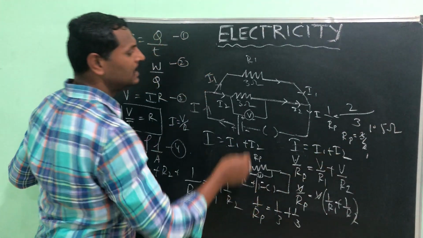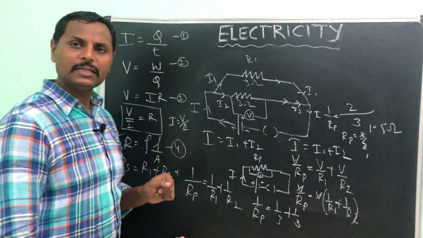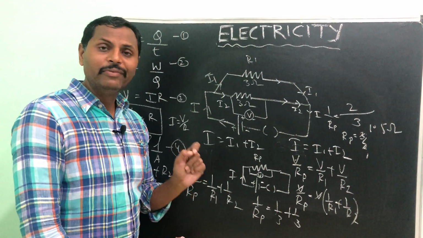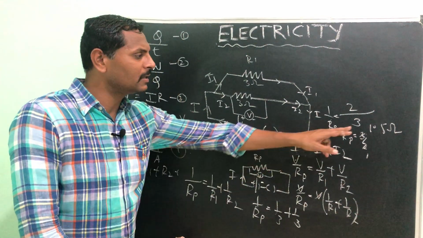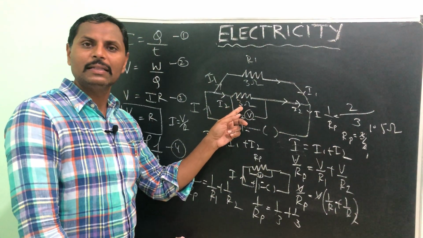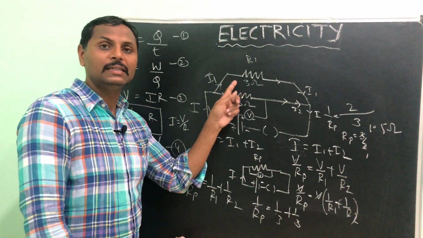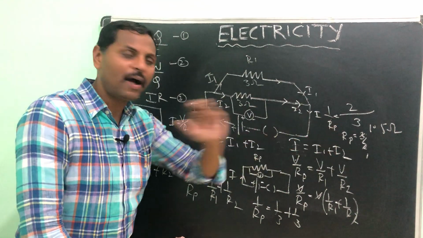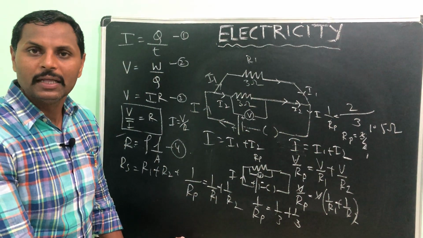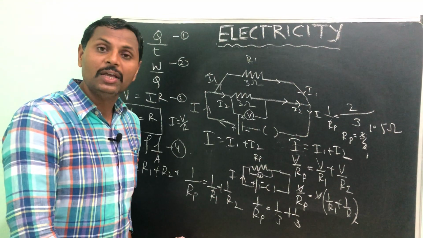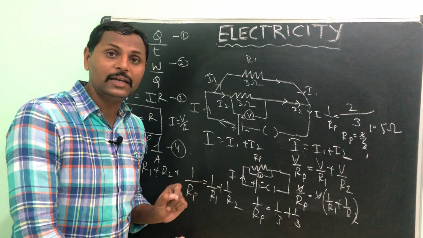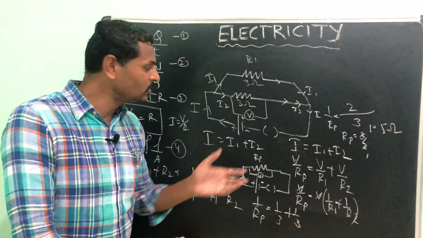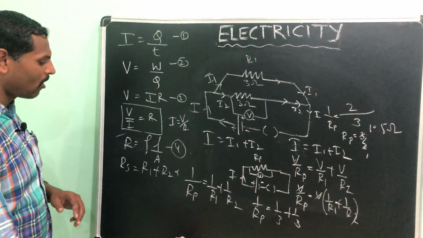1.5 ohm. So, see here, in the parallel connection, if you connect the resistances, you will get the very least resistance, that is even smaller than the entire resistance present in the circuit. Okay. So, 1.5 ohm you are getting, understood. That means, if you want to reduce the resistance, then you have to connect the resistances in parallel, okay, as you are seeing here. So, that means you got one more formula.